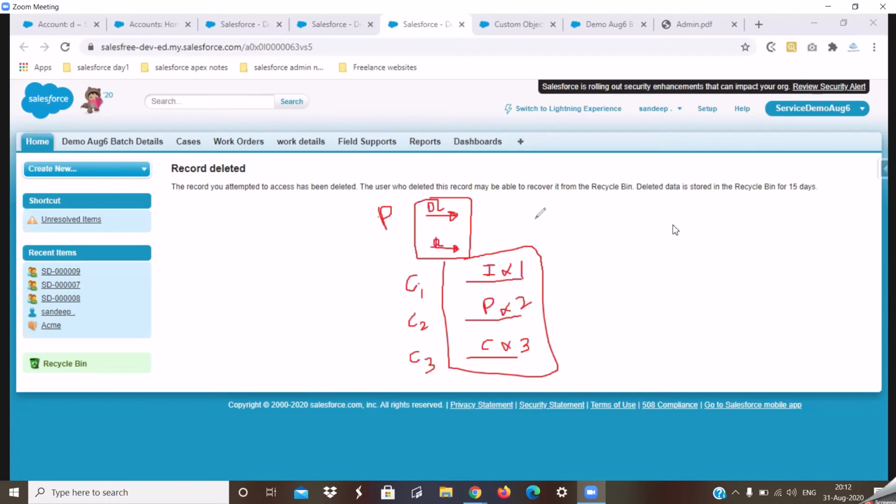Now, if you place this order, everything is fine. There is no point of deleting. But for some reason, I have exited this order. I don't want to place this order. I'm not happy with the price, let's say. So in the Zomato app or any of the food ordering apps, I'll click on back. Now the Zomato app shows me at the bottom of the screen that this is the existing order that you have in your cart. Do you want to delete this order is what it will ask me.